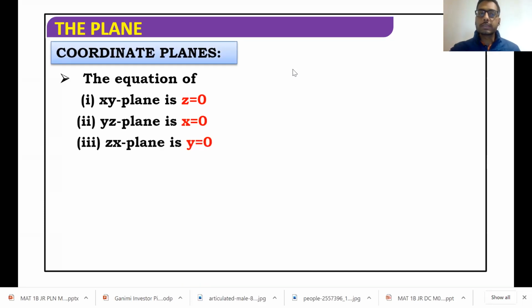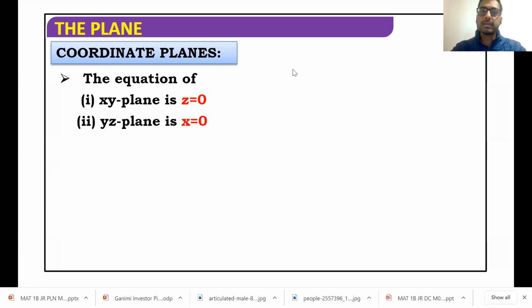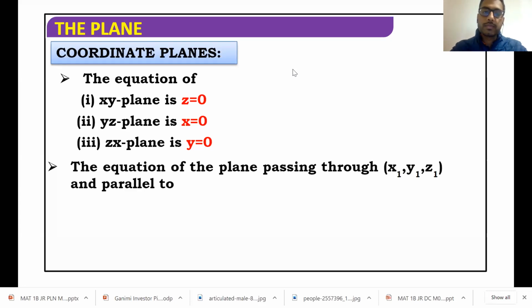Now, equation of the xy plane. A normal plane is going to lie in all your three coordinate axes x, y, and z. However, if it is mentioned that the plane is lying in only the xy axis, as the plane is lying on the xy axis, it is not going to have any z coordinate. Therefore, the value of z in that case is going to be 0. Similarly, yz planes will have the x coordinate as 0 and zx planes will have their y coordinate as 0.